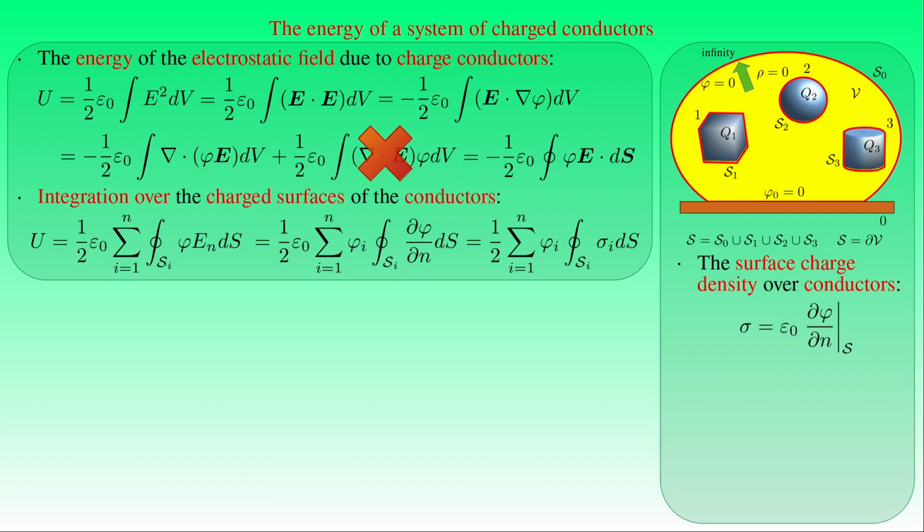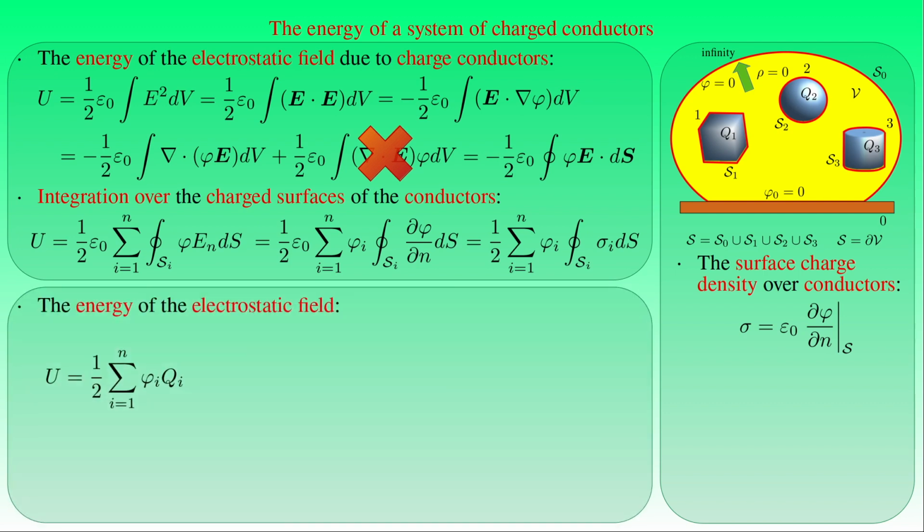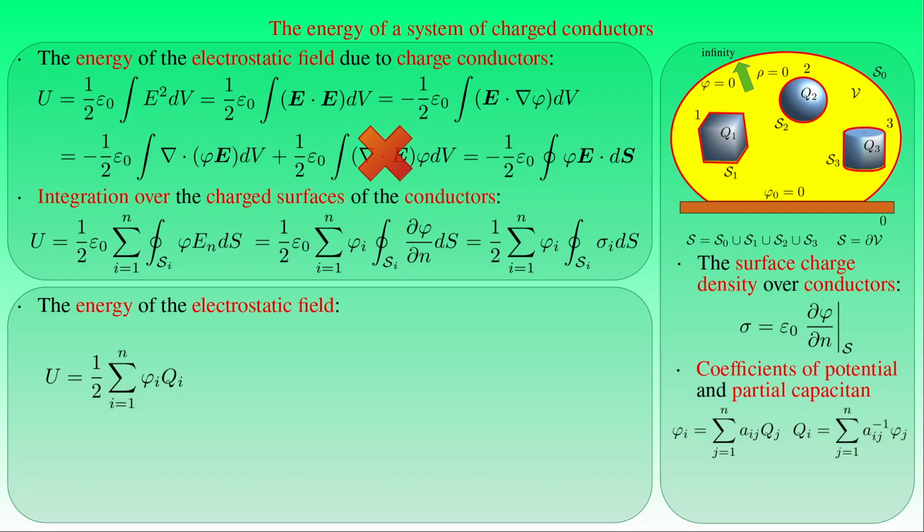These surface integrals then give the total charge distributed over the surface of each conductor, and the energy of the electrostatic field due to the charges distributed over the surfaces of conductors is given by 1 over 2 times the sum of the potential phi I of the conductor I, times the charge qi of the conductor I from I equals 1 to n. We already established that the potentials phi I can be expressed as functions of coefficients of potential and charge, or in the inverse problem the charges qi can be written as functions of partial capacitances and potentials. As a result, the energy U has a quadratic form, that is U is equal to 1 over 2